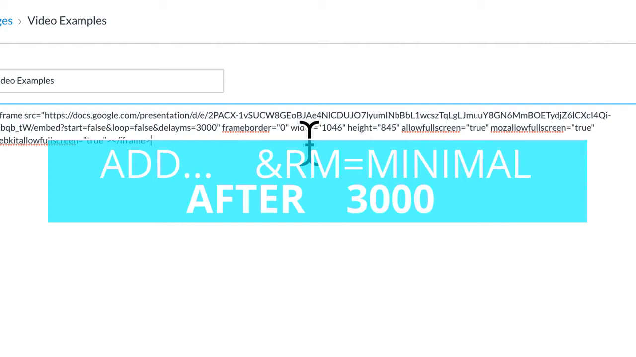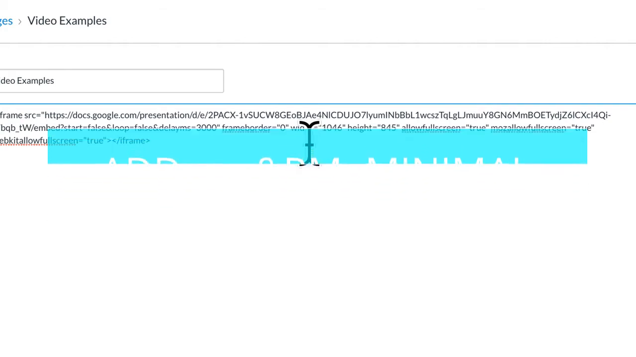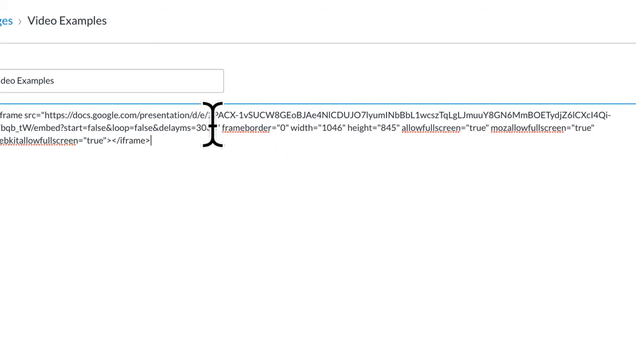Now, the key to this is right here where you see 3,000. See the 3,000? All right, right there, you are going to type in &rm=minimal. So minimal. All right, now we can check to see if there's a frame around the border by clicking